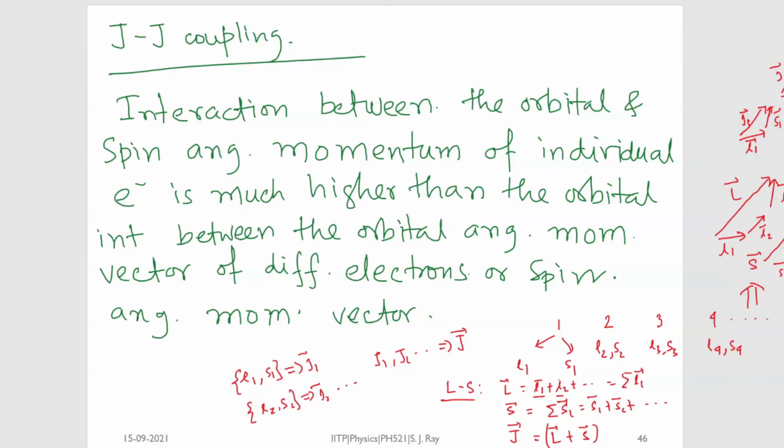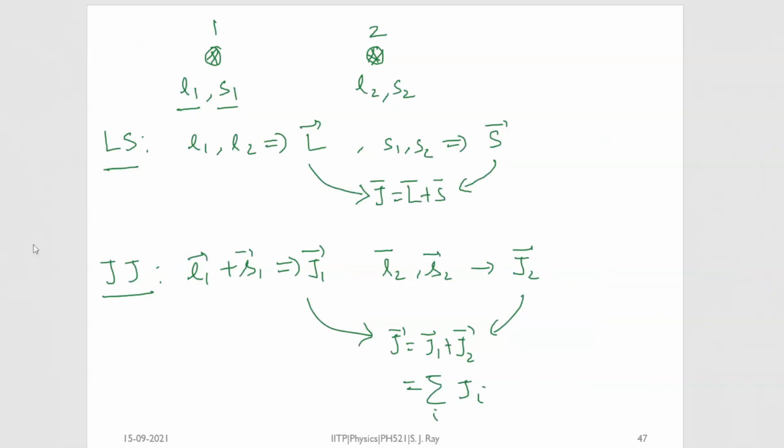Now we'll see how this is happening. As I just explained, if we take the example of a two-electron atom, with electron 1 and electron 2, and we label the individual angular momentum vectors L1, S1 and L2, S2, then under LS coupling L1 and L2 couple together to form a large L, S1 and S2 couple together to form S, and the total J vector is the sum of L plus S. However, under jj coupling, for electron 1 the angular momentum vectors L1 and S1 couple to form J1, then L2 and S2 couple to form J2, and J1 and J2 add up to form the large J value. This is the fundamental difference which we can observe mathematically.